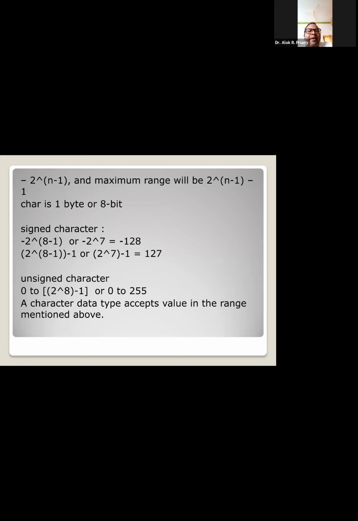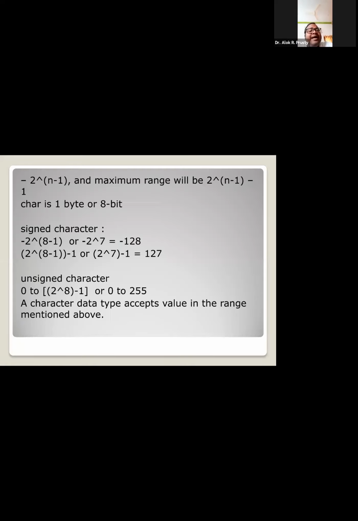But what is the story about unsigned character? Very simple. As I said, for unsigned character it is 2 to the power 8. Why 2 to the power 8? Because here the n value is 8. I am not calculating any negative value for this, so I am writing 0 to 2 to the power 8 minus 1.